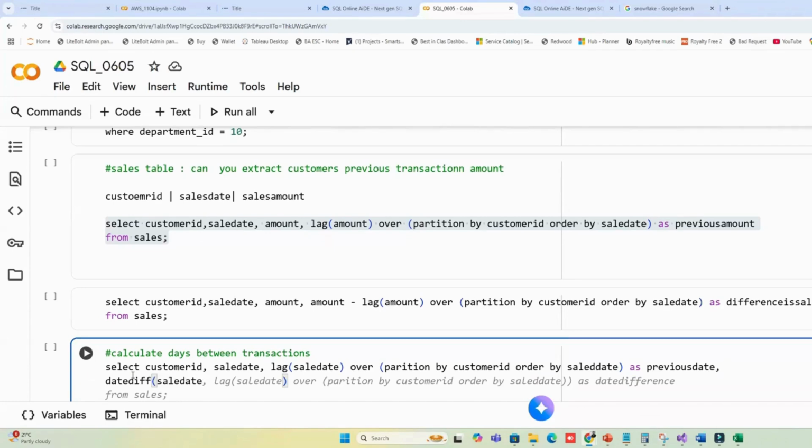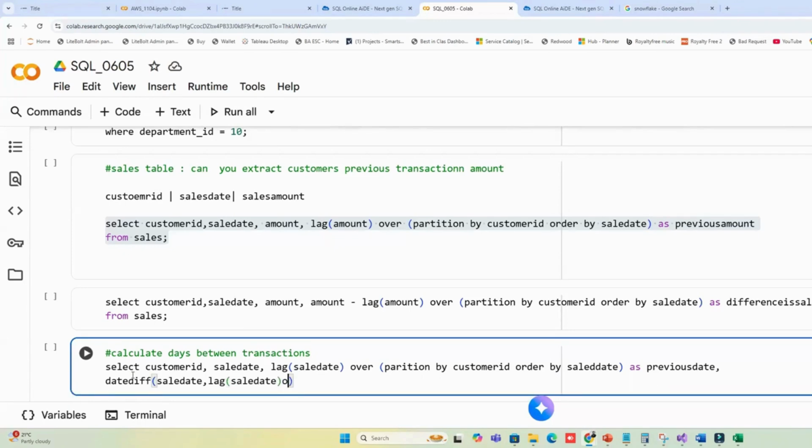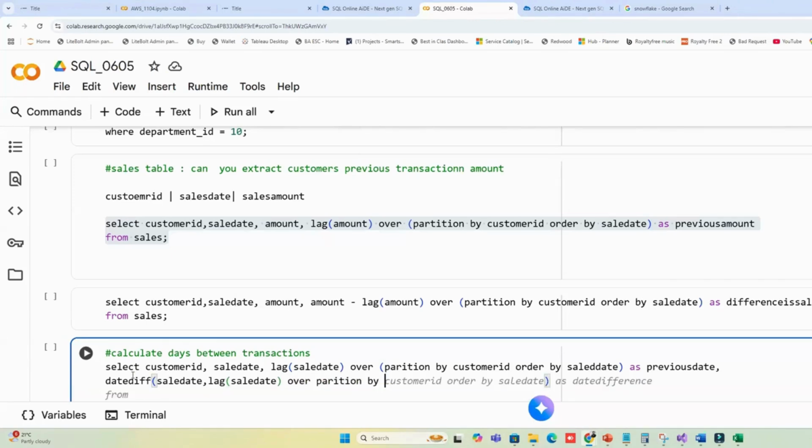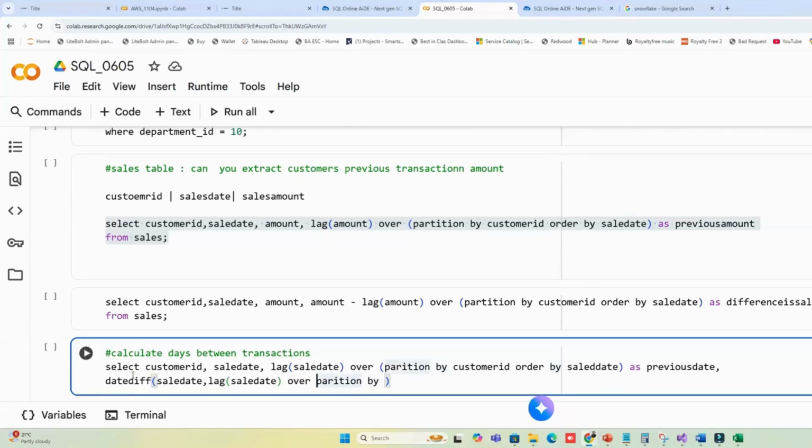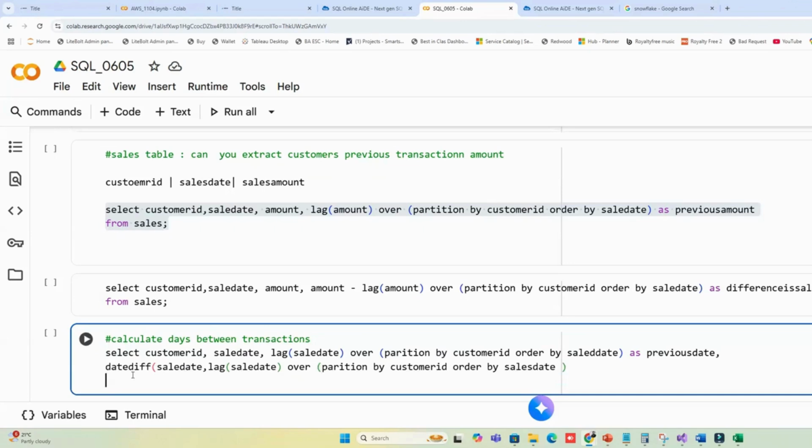Sale date, comma, LAG of sale date over partition by customer ID, order by sales date, from